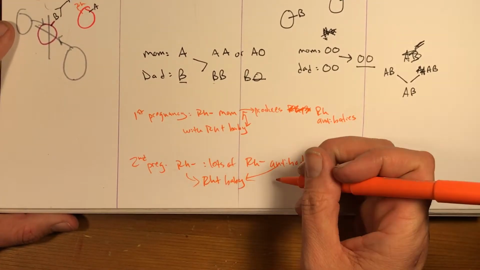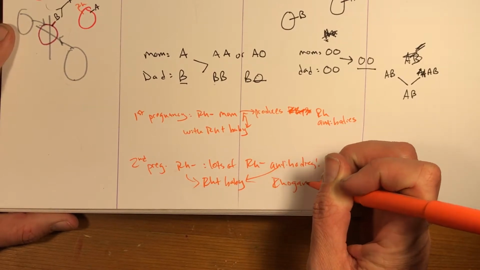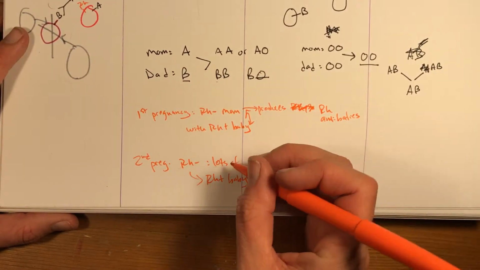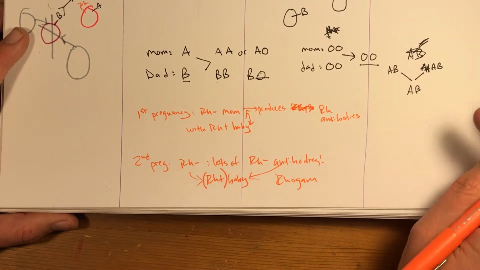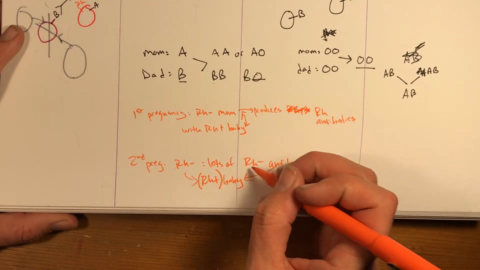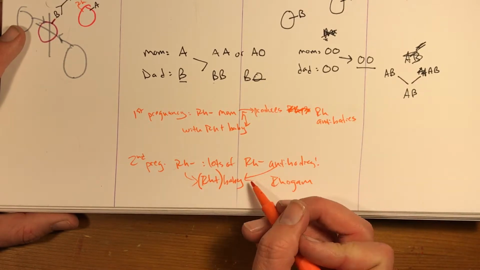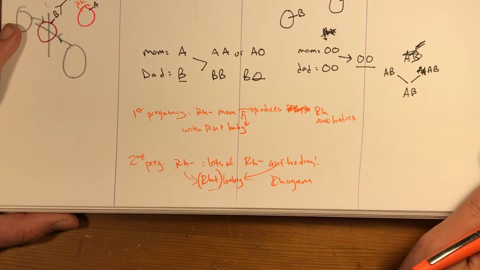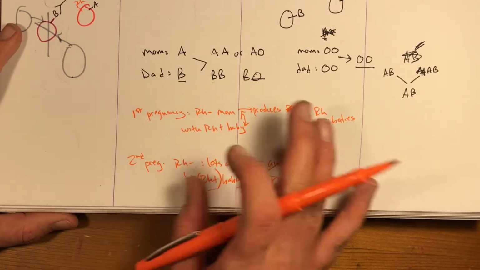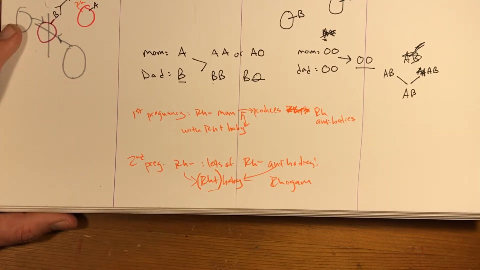So we have this drug called, I think it's Rogam, and what it does is it goes and it makes these RH positive things a secret. It just caps them so that these antibodies never see it. So it's like the baby is invisible to those antibodies. And so then the pregnancy is fine and nothing bad happens. I mean, this is not going to be a problem in that blood system.